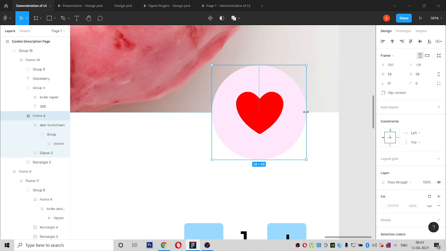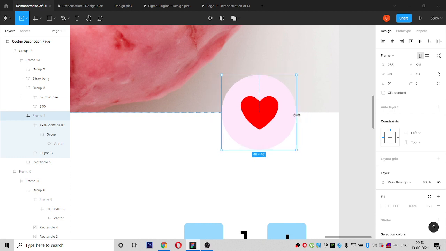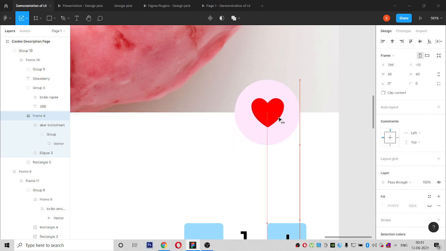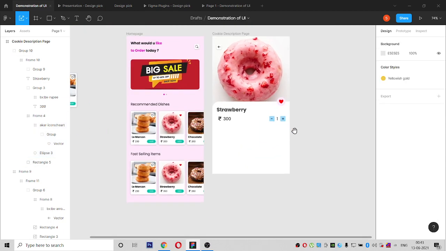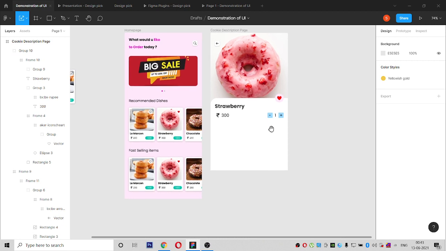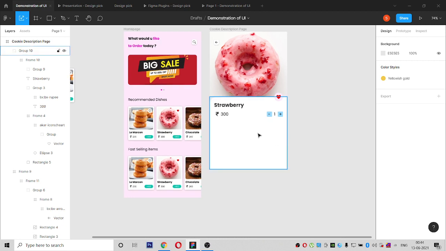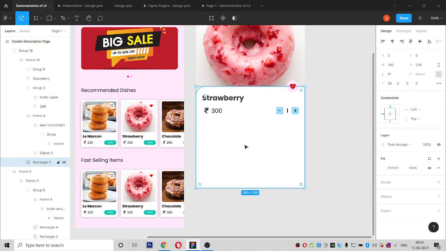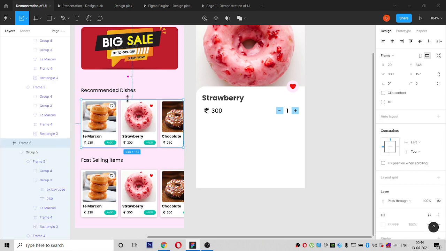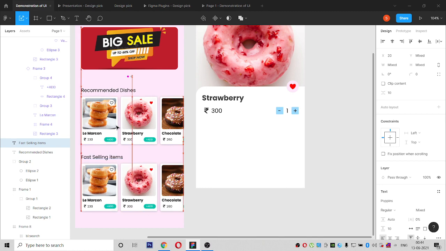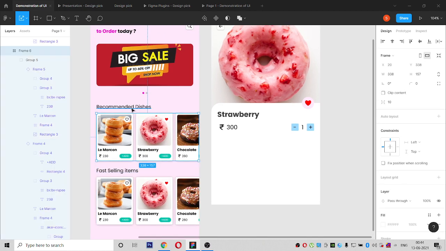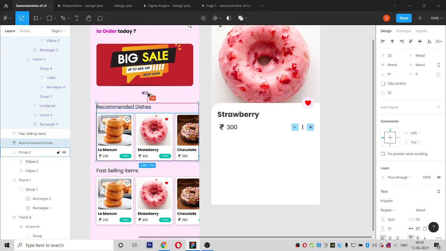So we will shorten it, reduce it from 40, it should be 20. Now what we have to do is, this spacing is not right. So until I get clear, I will be changing the design.